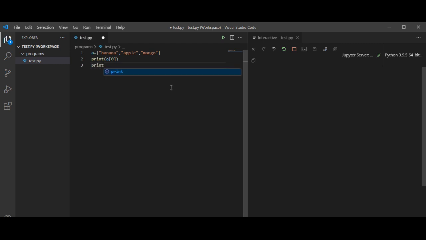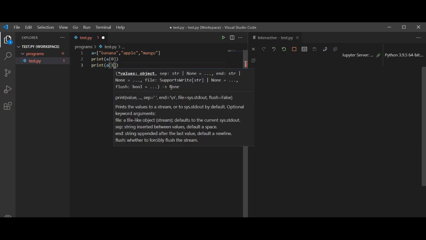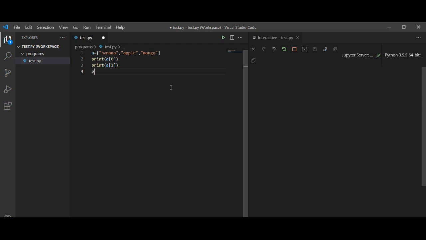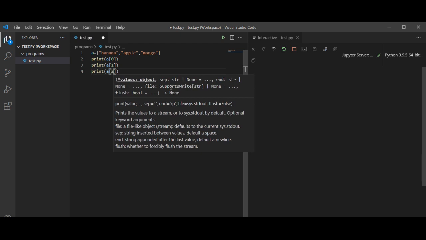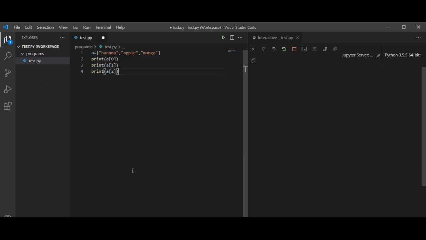If we want to display the list in the output terminal, we have to print all the elements of the list separately. If you want to display the list in one statement, you have to use the concept of loops.